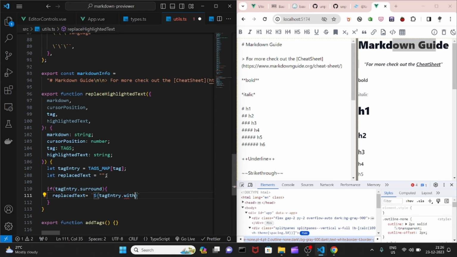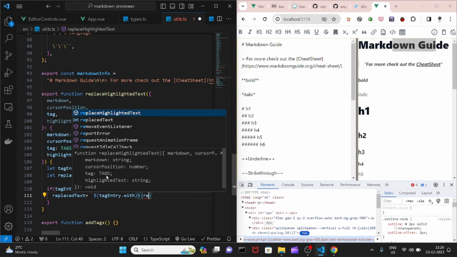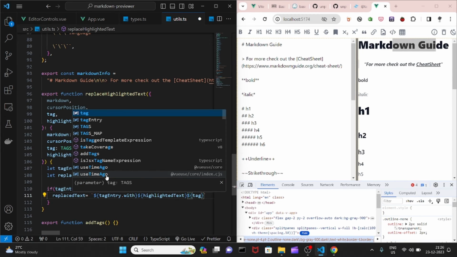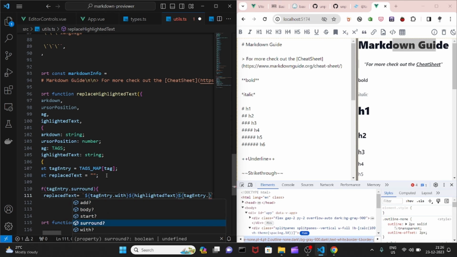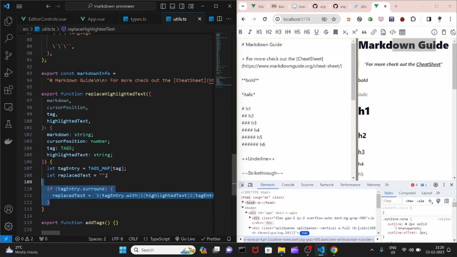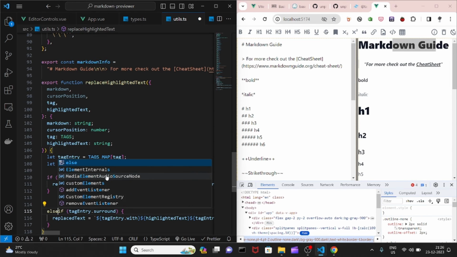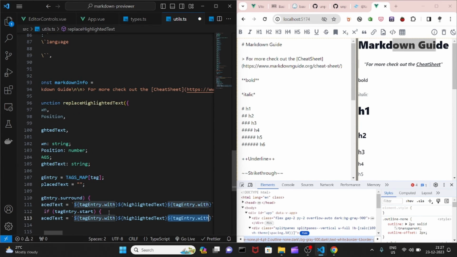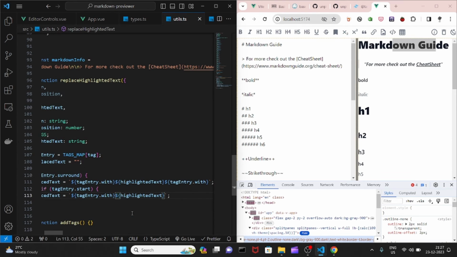It's tag dot width. It should be highlighted text. Again, something similar for width. Otherwise, if it's just start, then we need to just start it. And at the end,